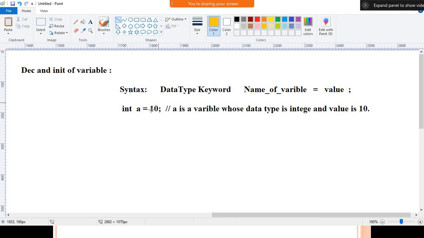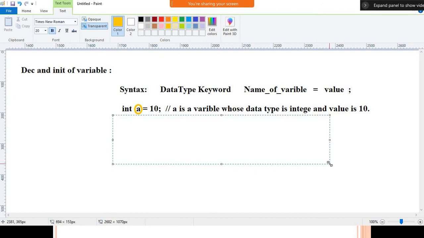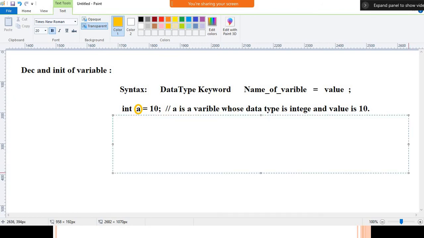A is a variable whose data type is integer and whose value is 10. So like that we can read the statement. Similarly we'll do for the other data types also.